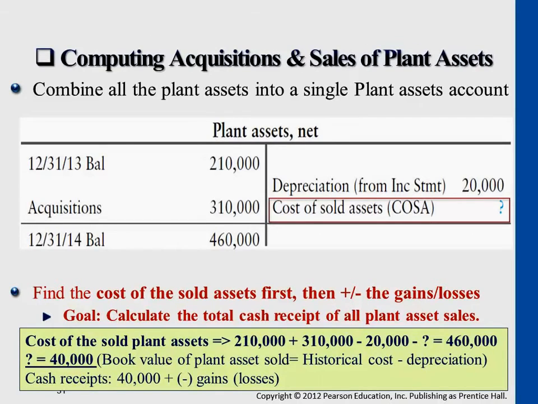Again, the beginning balance of long-term assets is $210,000. We made new purchases. Some part of the long-term asset as time goes by grown old. And then some part, the question mark there, is the part that we sold out to others, book value of the asset that we sold out. Eventually the balance is $460,000. And if the problem asks you what is the cash that they actually received from selling that question mark asset, you first need to figure out what is the book value of the asset here, and then match